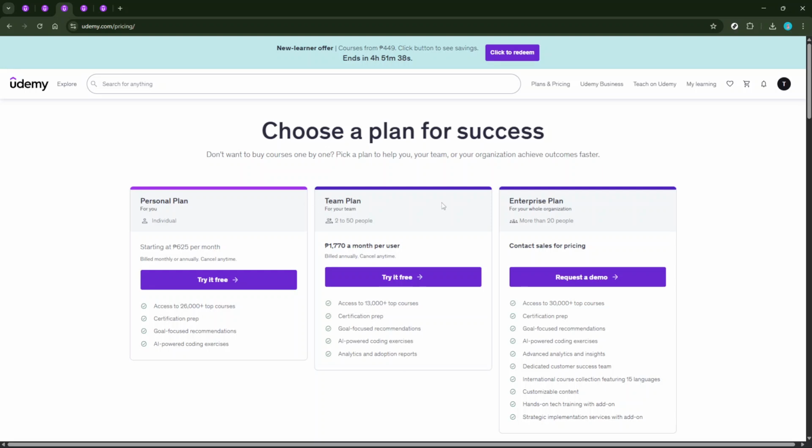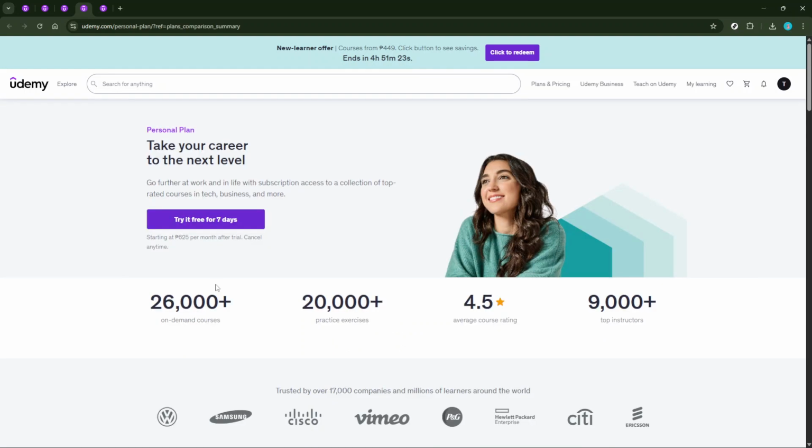Do you want the flexibility of canceling anytime with a monthly plan? Or do you prefer committing to a yearly plan, often at a lower rate per month? After you've determined the best plan for your needs, you'll choose between options like Try it free or Subscribe now. Opting for Try it free might offer you a trial period to explore what Udemy has to offer before fully committing. However, if you are ready to start your full access journey, clicking Subscribe now will get things rolling.